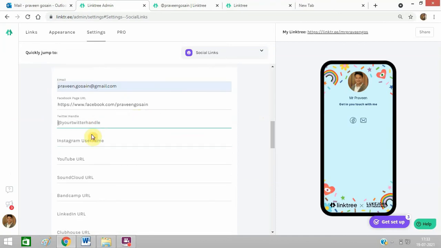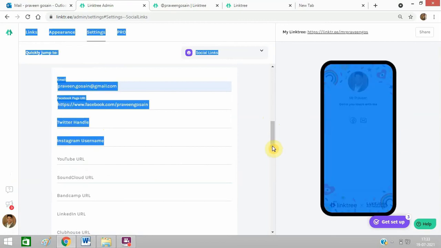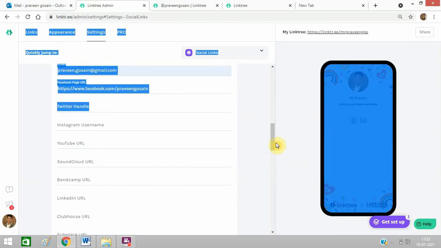You can paste Twitter handle here, Instagram here, YouTube links you can paste accordingly, and you will get tabs like this.